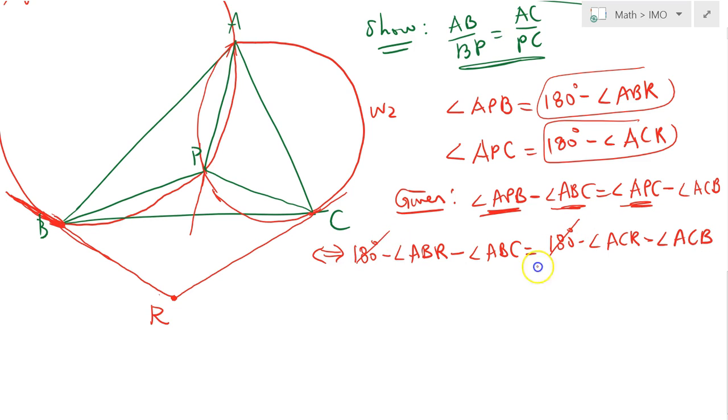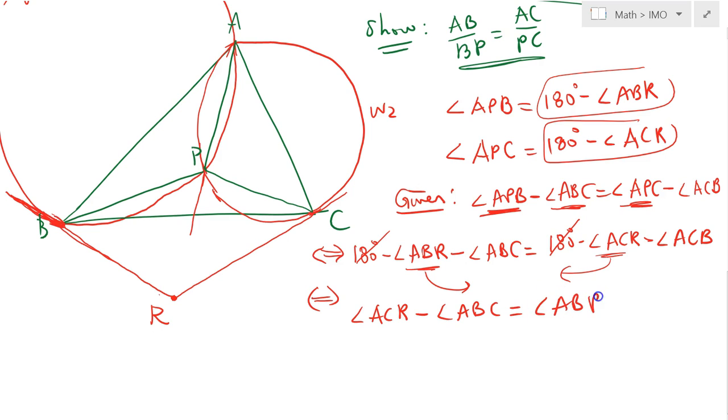The 180 degrees cancel out. I will move this ACR to the left hand side and the ABR to the right hand side. So we have an equivalent representation: ACR minus angle ABC is equal to angle ABR minus ACB. So ACR minus